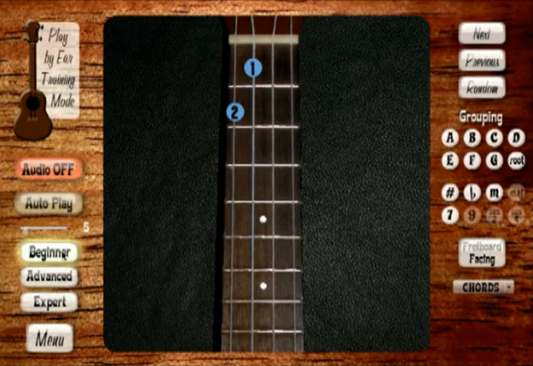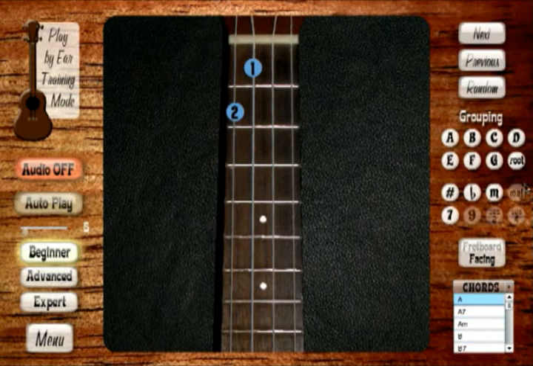If you're in beginner level, you see that it doesn't make the ninth, the sus2 or sus4, or the major chords available. As you click on advanced, some more become available, and finally in expert mode you have all of them available. For purposes of this demonstration, I'm going back to beginner mode, and I'm going to show you by keeping the chord box open, as you'll see this change as we create